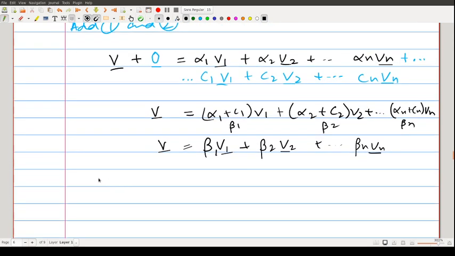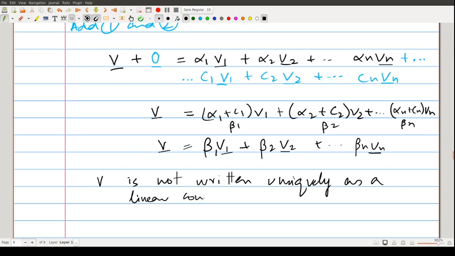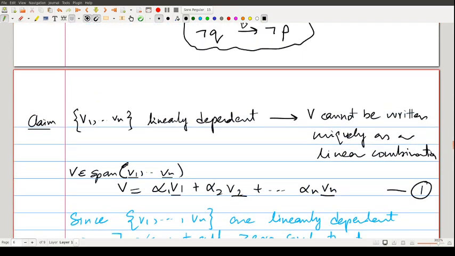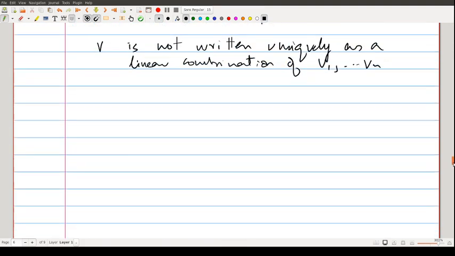We've shown that V is not written uniquely as a linear combination of V1 to Vn. And since we've proven that linear dependence implies that you can't write it uniquely,